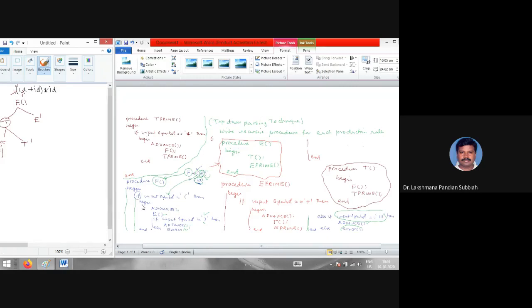Now here it is doing that one, if input symbol advance, once again it will call that E. So here we are having open bracket, then it will call E. Here we are having close bracket, right? Now this open bracket E is calling now, so it will go to call this procedure once again. This procedure is calling now T and E prime. In turn it will call T and E prime.